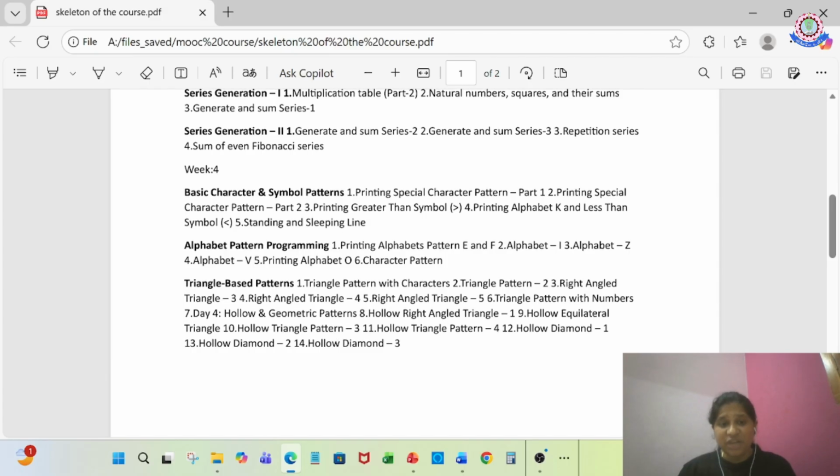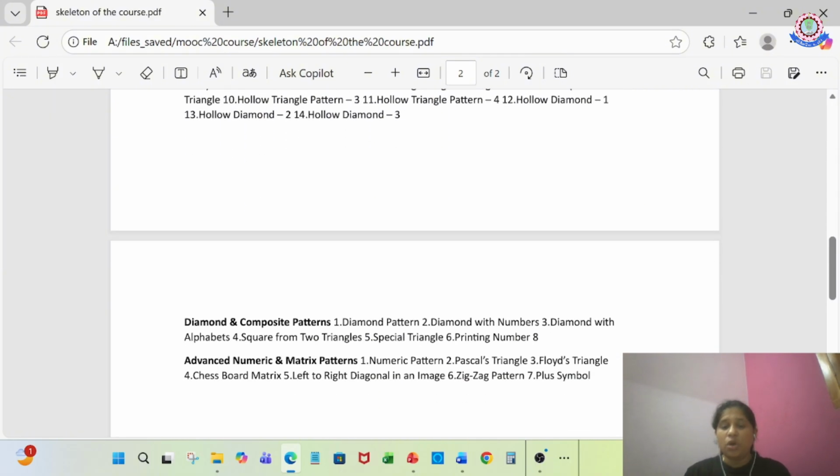Alright, and week 4 is the Dhamaka week because you have pattern printing. This pattern printing will definitely give you cognitive development. I'll be showing you different pattern printings, like how to print a K, how to print a greater than symbol, less than symbol, and how to print special characters, alphabets, triangles, hollow triangles, diamonds, all those things,